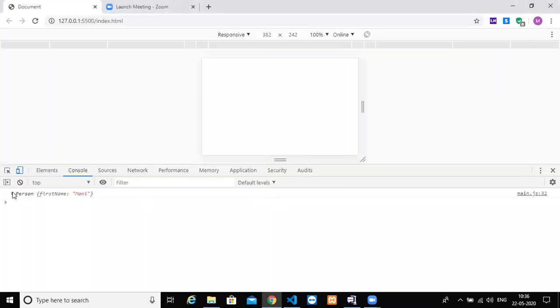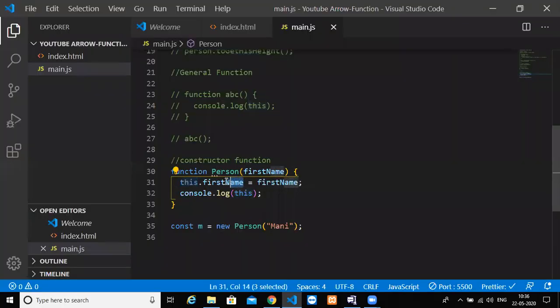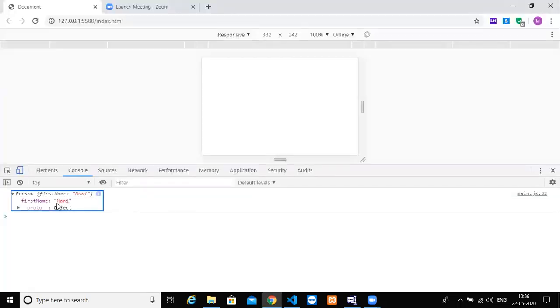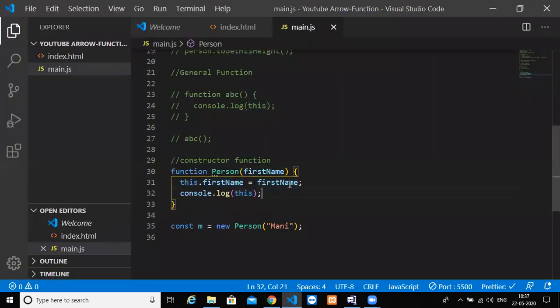You will get a new object with the key first name, and this first name is the name you are passing in, which is money. So this dot first name is the key of that particular object.